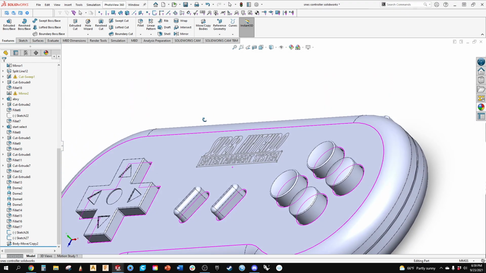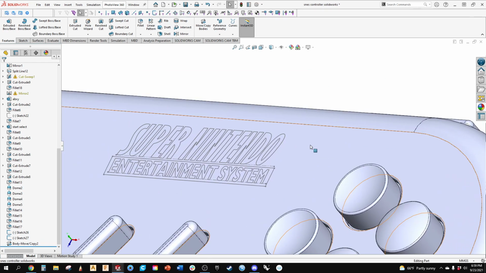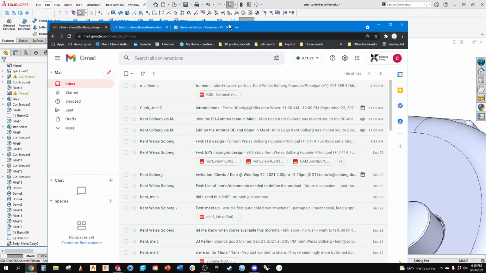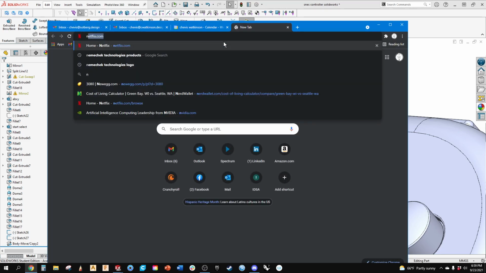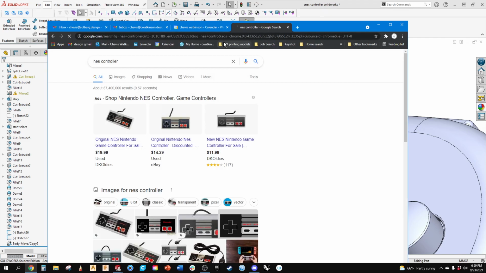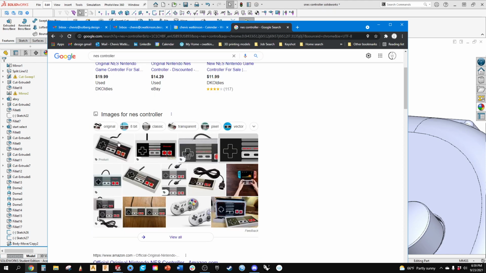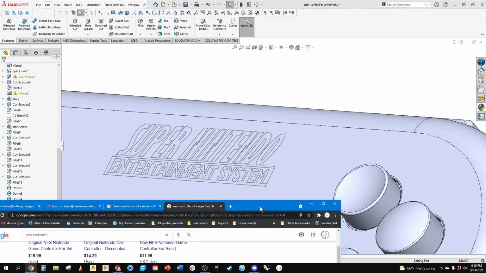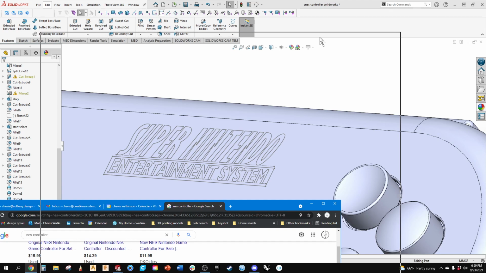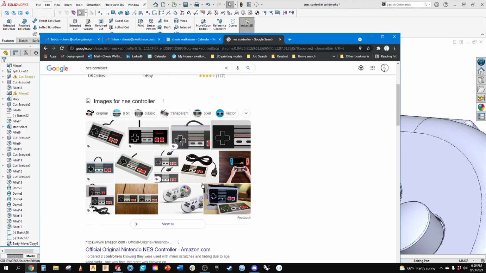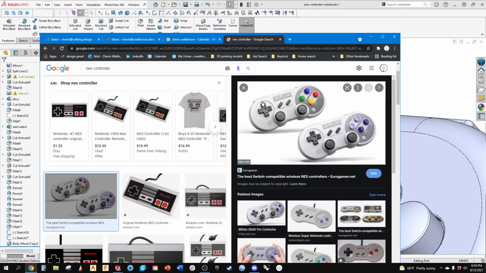Okay, so the nice thing about SolidWorks is you have the sketch. And what you can do, if that sketch is on this face, all you need to do is come in and go extrude, because I'm not sure if this is a sticker or if you're trying to do raised letters. So let me just see something. NES controller. Not the NES, is it? Super Nintendo. Okay, so it's not raised lettering you're trying to do. Okay, so then for the split line,